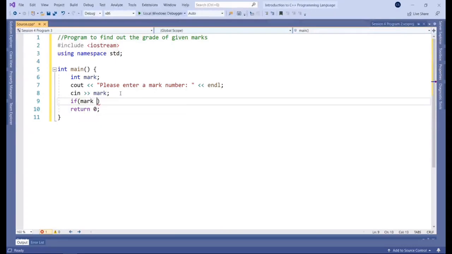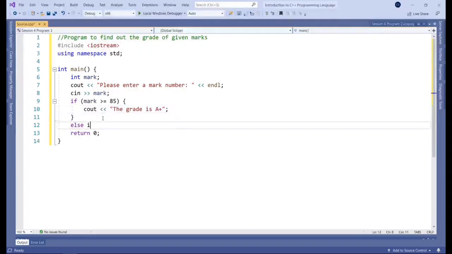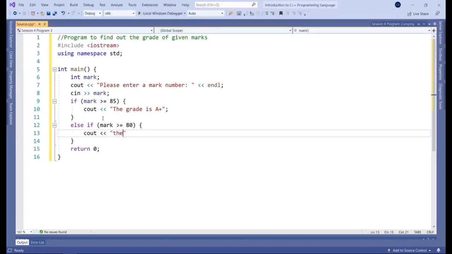This is when we get to the more interesting bit where we actually analyze that mark. So if mark is higher or equal to 85, then we output a message saying the grade is A plus. Okay. Otherwise, or else if, the mark is equal to or higher than 80, then a message: the grade is A. Okay.